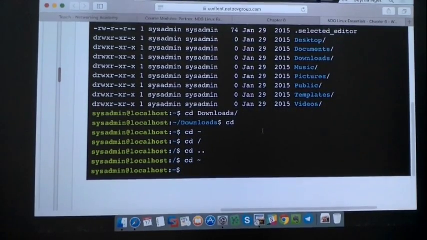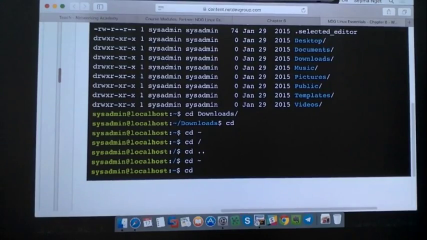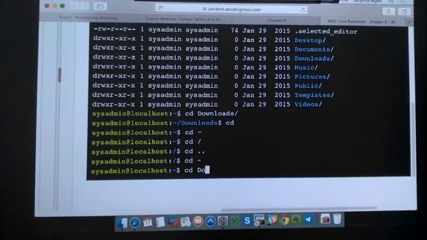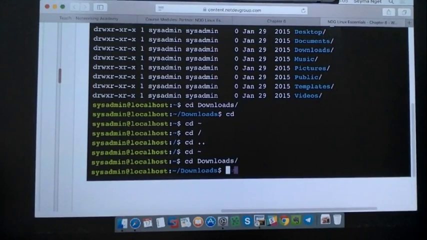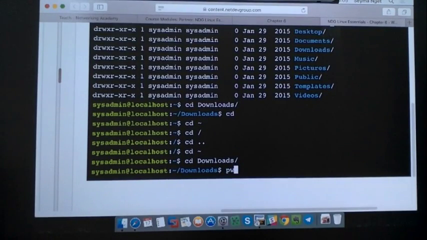Now you come to tilde out of your slash root, and then you go to the download directory without dot slash. Then go to the download directory, and I want to see the status or the full detail of information of this